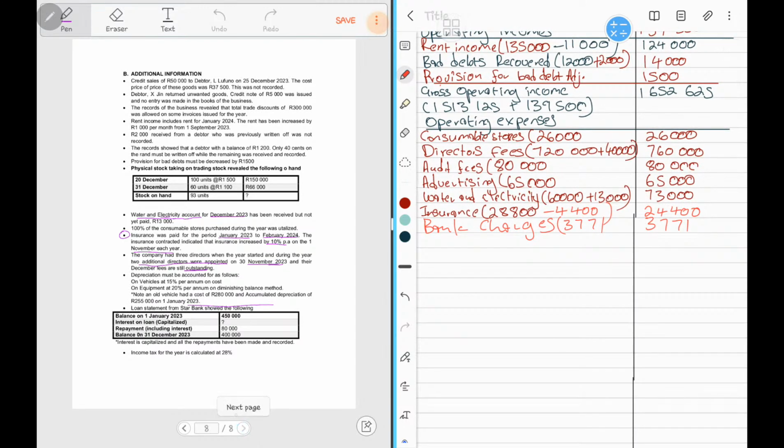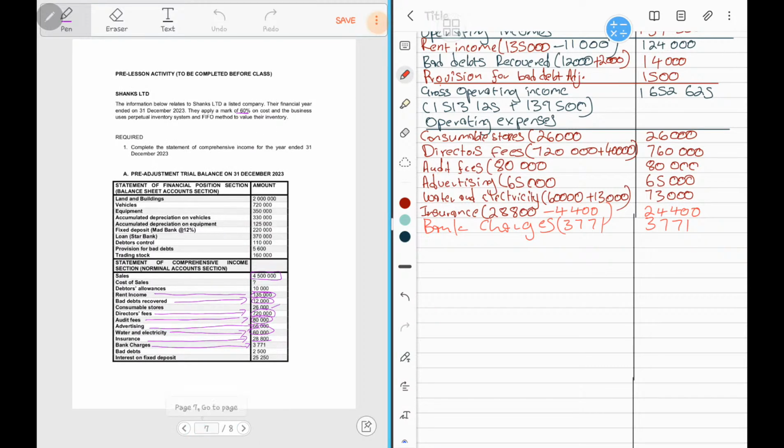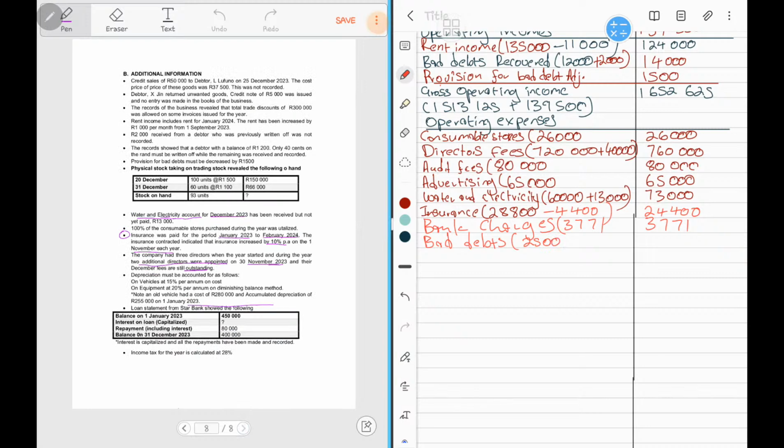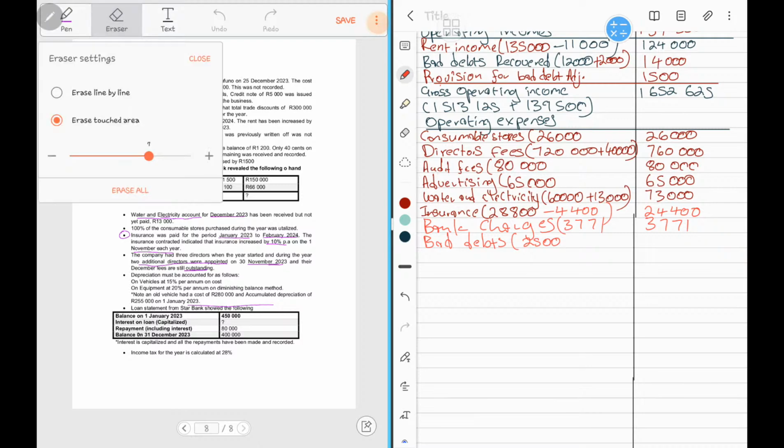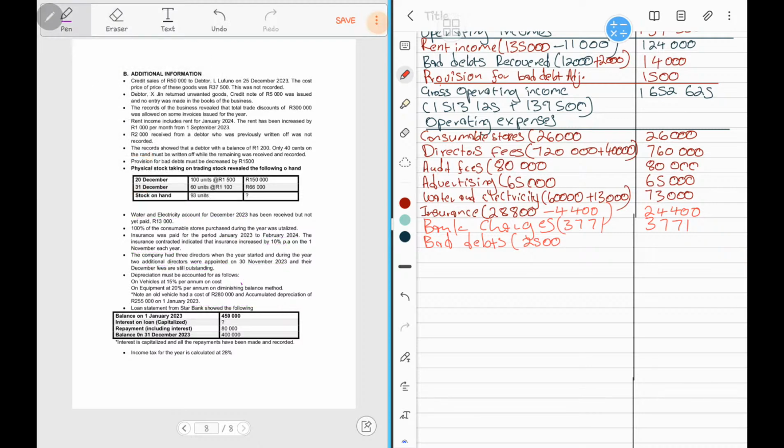Okay, then now to the next expense, bad debts. So we're going to say bad debts. Okay, thank you there, Kizwani. The first step will be to open the bracket. Then we're going to say 2,500. Then the next step will be for us to refer to the adjustments. Now if we check adjustments here, we have an adjustment that affects bad debts. So remember